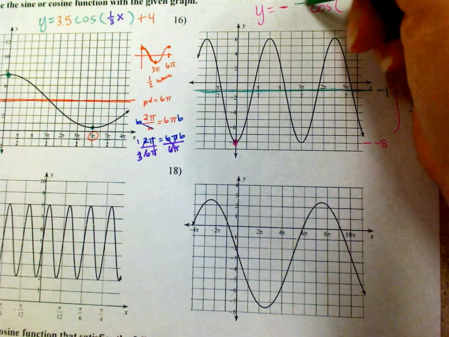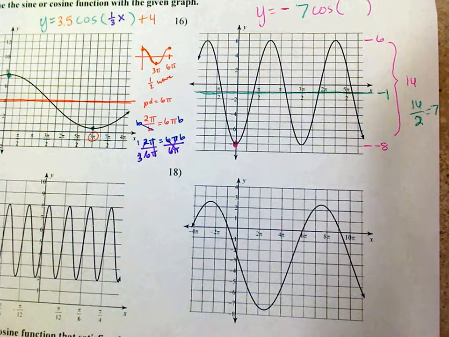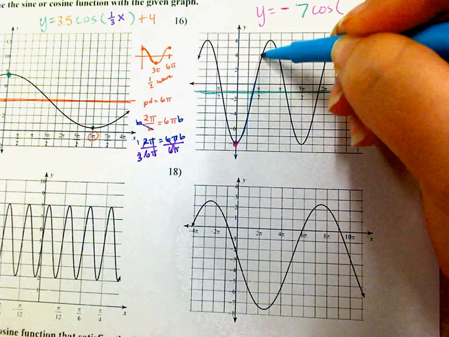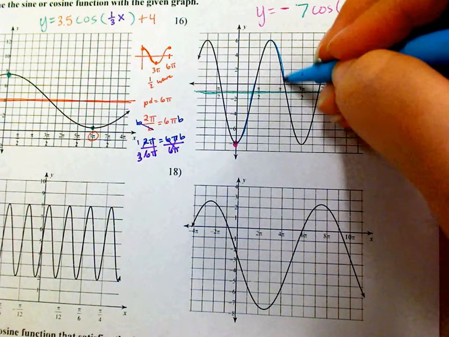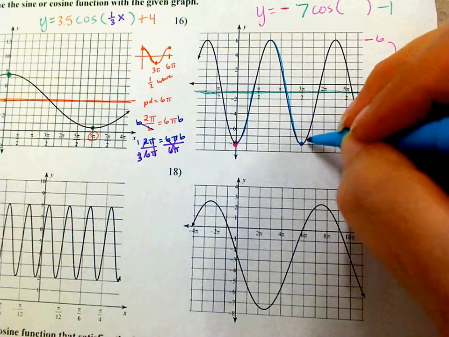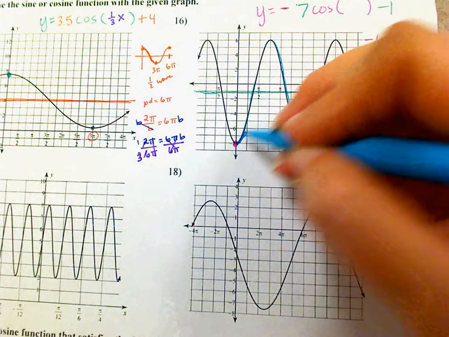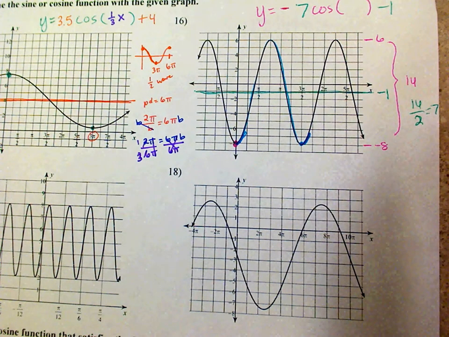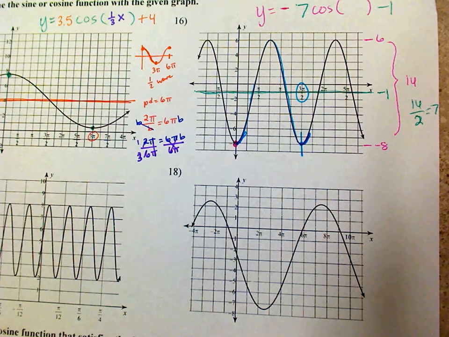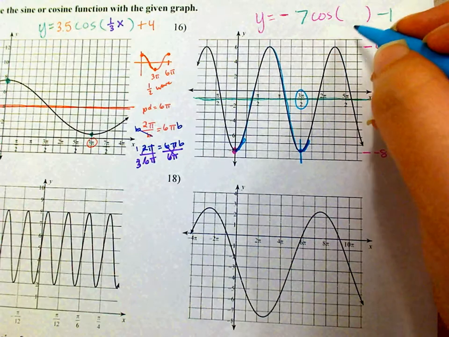So for that, what I suggest you do is start going along with the graph. Like if I start graphing this right here, I go along. Once I hit the bottom right there, I start repeating what I've already graphed. And once you start repeating yourself, you're starting the next wave, which means this is the end of the first wave, and the period is 3 pi over 2. We do not put 3 pi over 2 inside there. What we do is we set up the equation 2 pi over b equals 3 pi over 2,